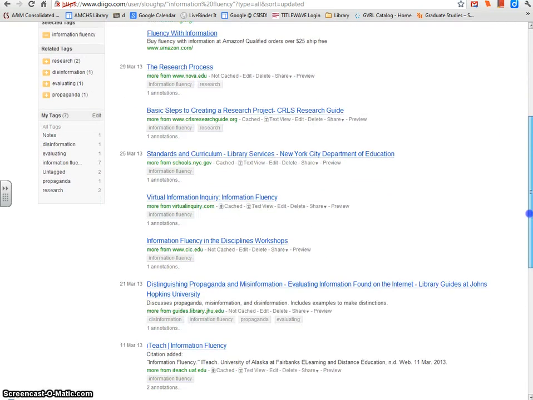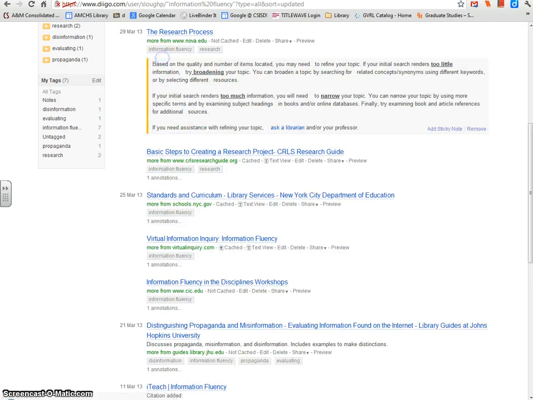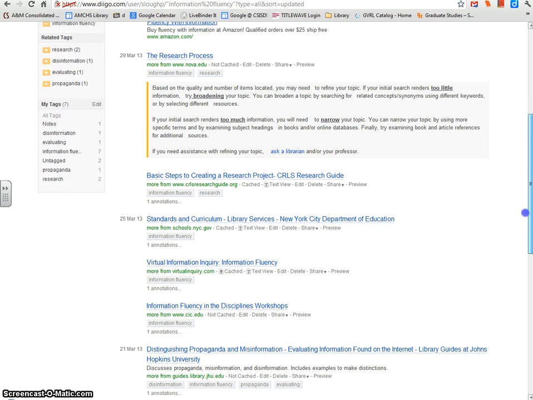And you can see all of the articles that I've tagged Information Fluency because that's the project I'm working on. And here's the dates when that information was collected. Underneath each, I can actually click the annotation, the portion that I highlighted, to see what I felt was important. Now if we go back up,